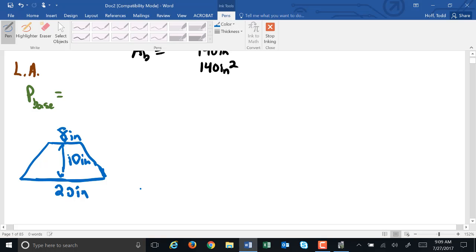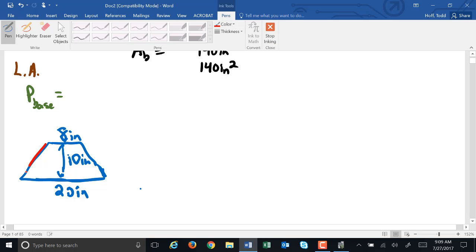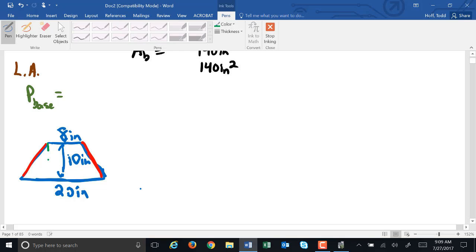And that's 10. What we need to find is the length of these sides here. Now I have to make an assumption here because without the assumption, there's nothing we can do. We have to make the assumption that these two ends are the same. So this is 6. Half of that difference is 6. So if that's 6 and this is 10 here,